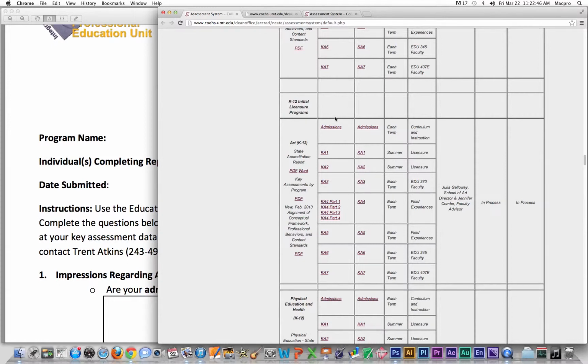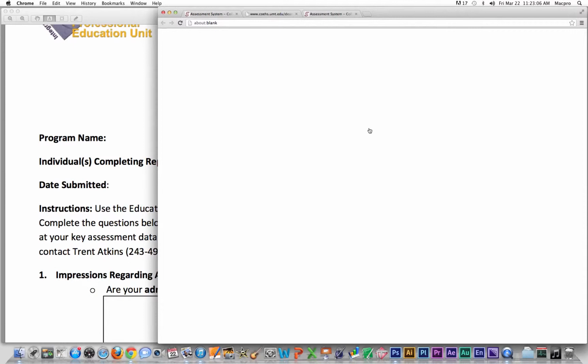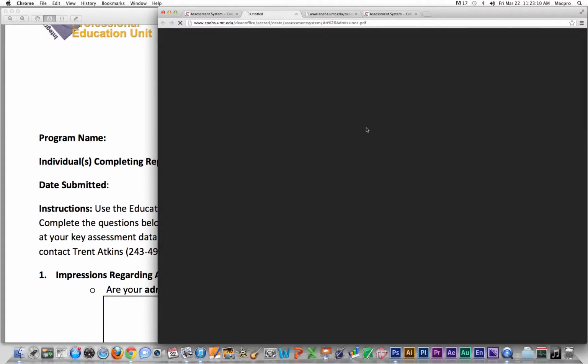So in this column, each of these are hyperlinked, and they will take you to rubrics or descriptions or forms that are directly related to the third column, which is the actual data results. So if we, just to show you quickly, click on admissions, and you will see that